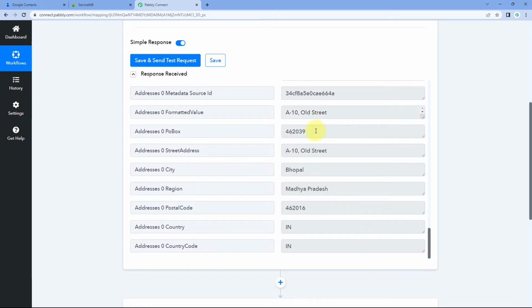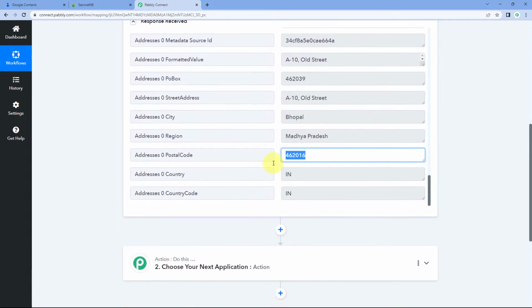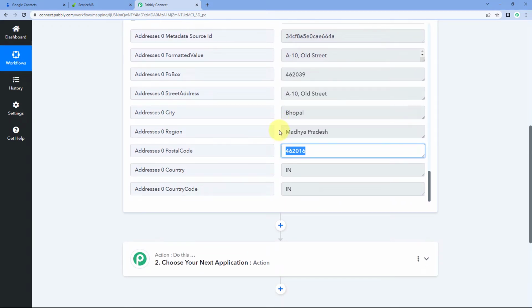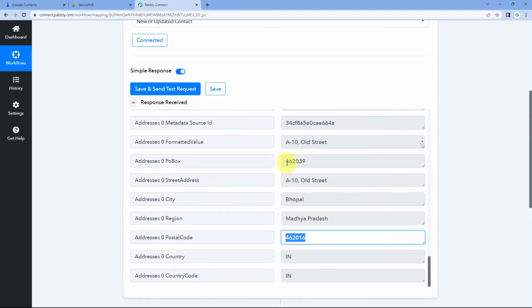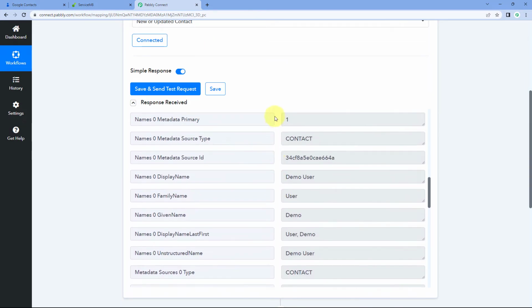And then you can see the different responses for different lines of address. Zip code, street address, city, state, once again the zip code over here. So in this way, guys, you can see that we have successfully created a contact in Google Contacts, and we have captured the details of the contact which are being added in Google Contacts inside Pabbly